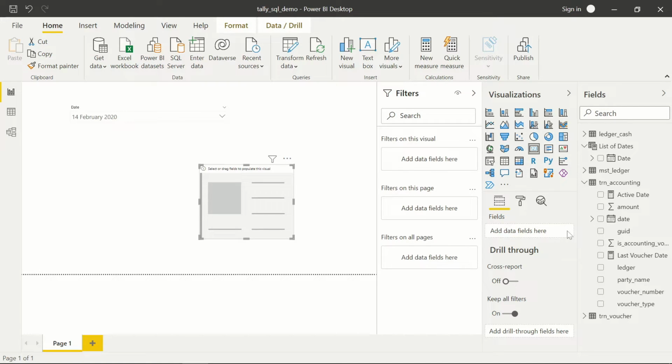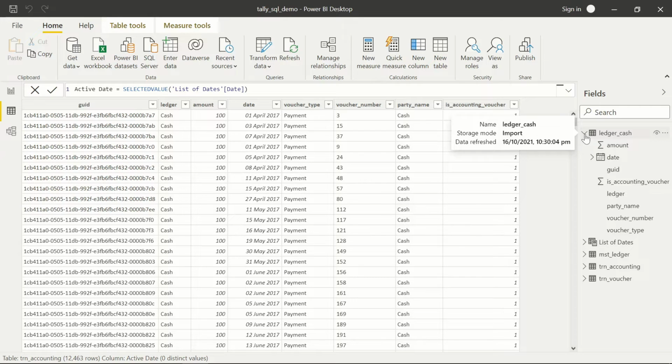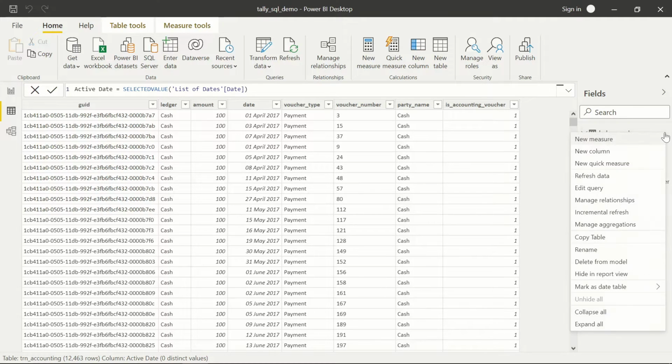Our first visualization is closing balance as on the date which is selected in this drop down. So I need to calculate the closing cash balance as on this date. Let us calculate this. I'll go to data. Now we require two measures for it. The first measure will scan the opening balance of the cash ledger. This opening balance will be based on the data which you have entered into the database. Since I have entered 3 years data into the database, in my case it would be on